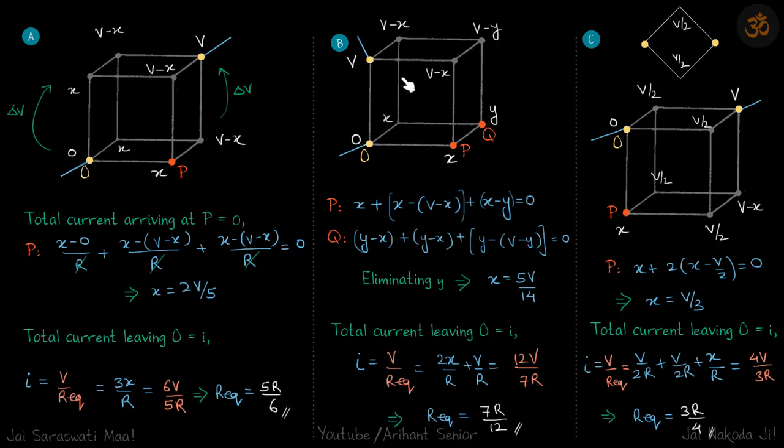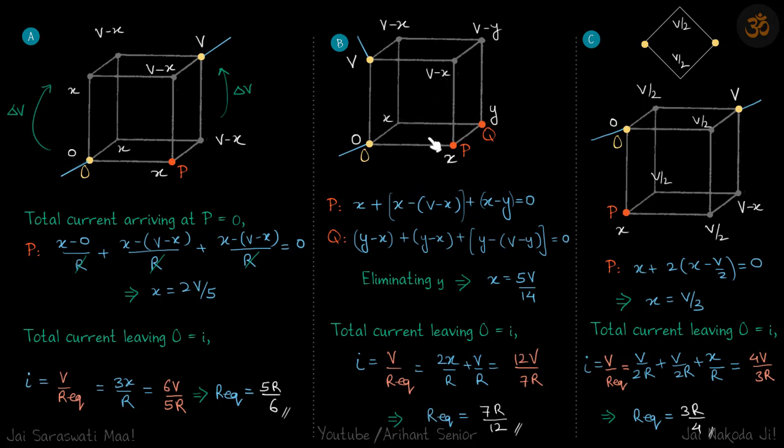Second case, here also we are going to make use of our antisymmetry. Whatever current goes here, the same current will flow back from this branch. So if the voltage increment here is X, the voltage increment here should also be X. If this difference is X, then this difference should also be X. So if this is V, this becomes V minus X.